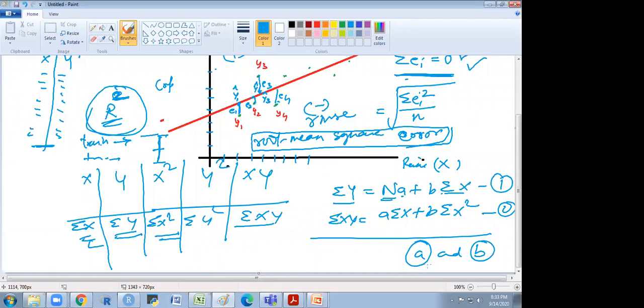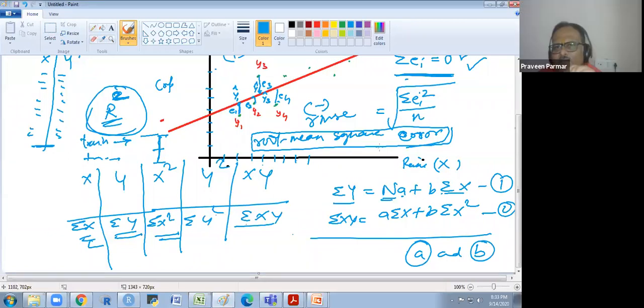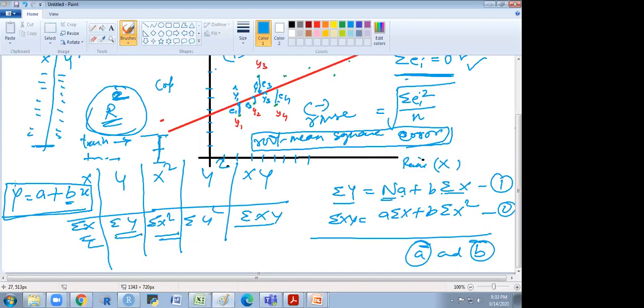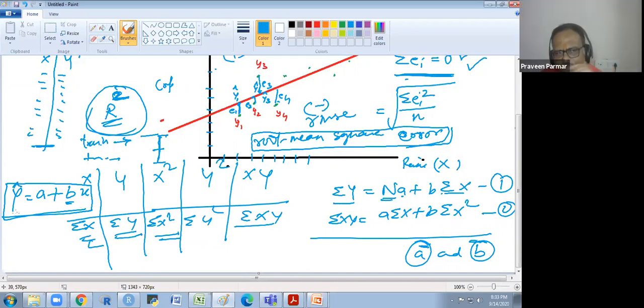Yes, sir. So these values we put in the final equation. The final equation is just like y is equal to mx plus c. So we write here A plus bx. B is the slope and A is the intercept. Does that make sense to you? This is our final equation, Y cap. If you want the predicted value, it is the final equation of this line, Y cap equals A plus bx. The cap is the prediction.